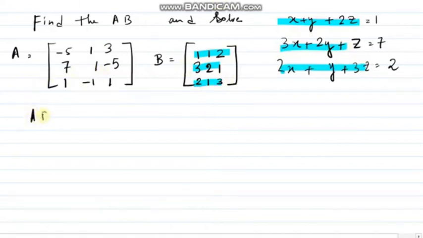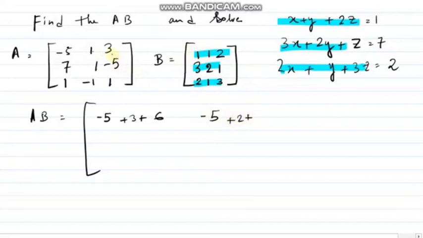Okay. So now if you calculate AB, just check. Already you know matrix multiplication. If there is any problem, you can check there. Minus 5 into 1, minus 5; 1 into 3, plus 3; plus 3 into 2, 6. Again minus 5 into 1, minus 5; 1 into 2, plus 2; plus 3 into 1, plus 3. If I proceed like this, the next one will be minus 10 plus 1 plus 9.